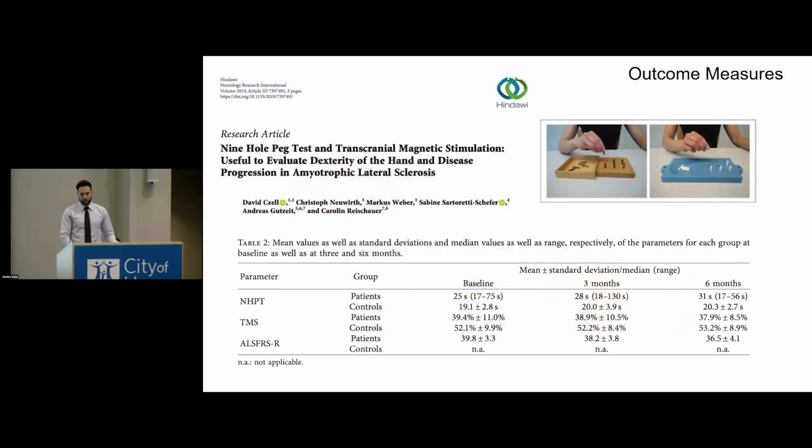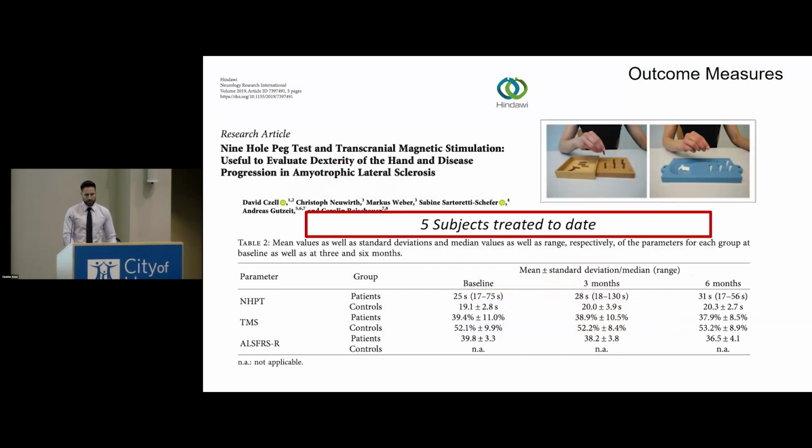And as I mentioned, we're looking at the 9-hole peg test. It's been used more in multiple sclerosis compared to ALS, and there is some difference in dexterity with the left hand versus the right hand, but we still think that it's important to get some of those details when we're treating the hand. So we've treated 5 subjects to date. We haven't seen any complications based on the surgery, and patients seem to be tolerating both the surgery and the